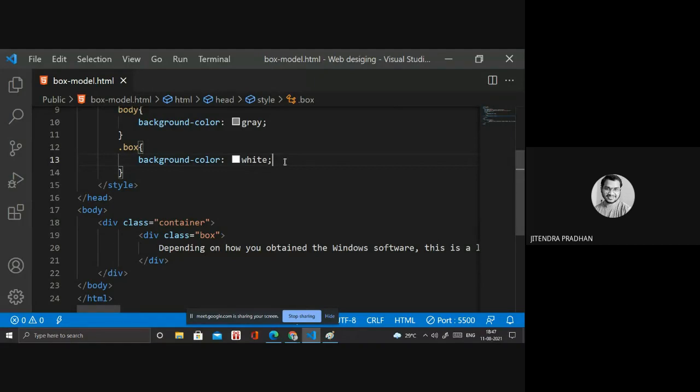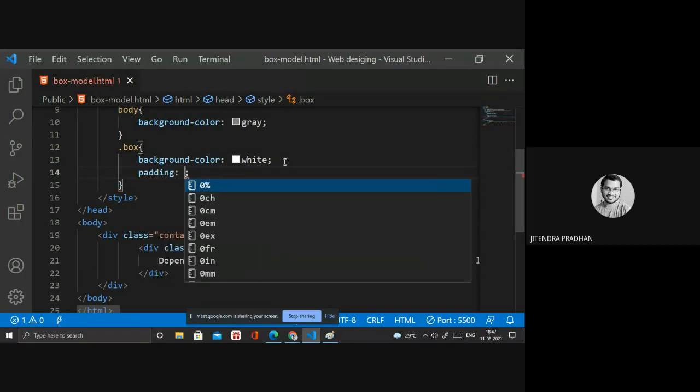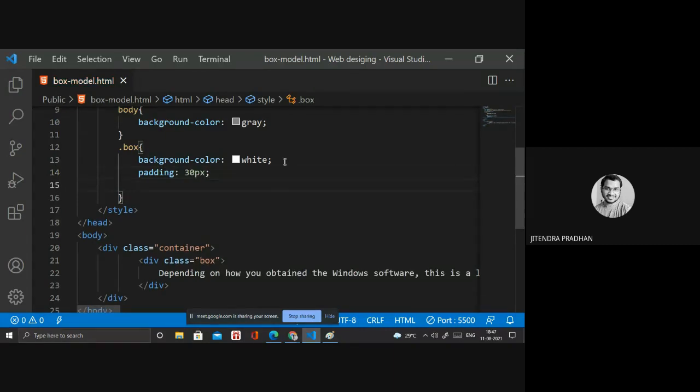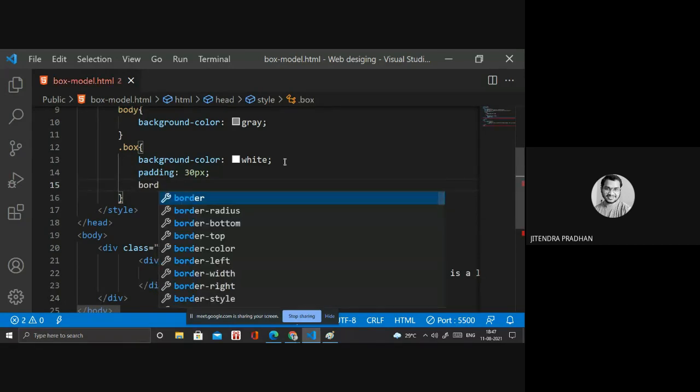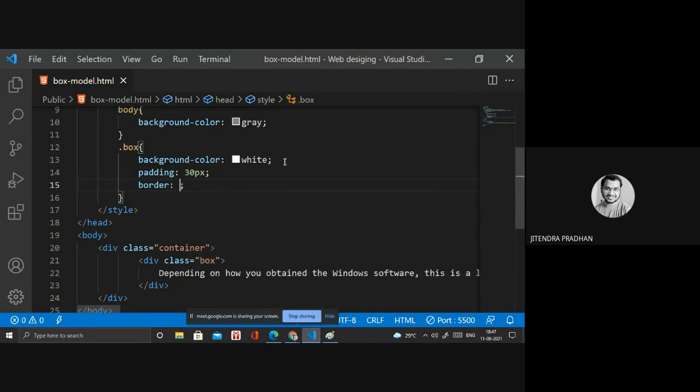Okay, and padding, I need 30 pixel. Yeah. Padding 30 pixel, and we have a border, it's 12 pixel solid red.